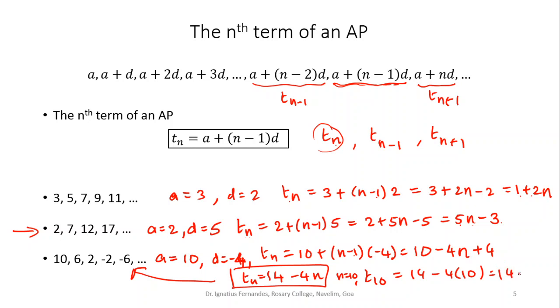That will be 14 minus 40, that is going to be minus 26. Okay, so given an arithmetic progression in this form, you can always write down the nth term, and writing the nth term will give you an idea of what all the terms of the arithmetic progression are. So given an arithmetic progression in explicit form where all the terms are mentioned, we can always write down the nth term. And if I know the nth term, I can always generate the arithmetic progression that we are talking about.